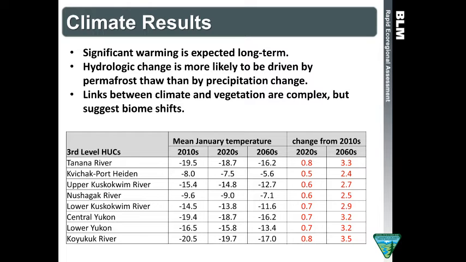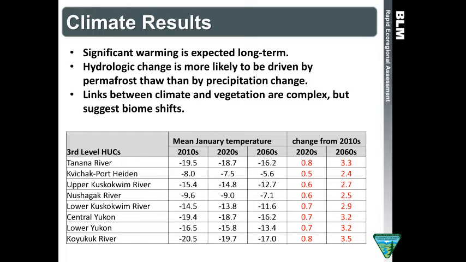In this case, these particular results are broken down not at the level of map pixels, because obviously you couldn't put that in the table, and not at the level of the fifth level HUCs, which are reporting units. All of this data is served out at the finest scale, at 771 meter resolution, and at the fifth level HUCs. But these are third level HUCs, which were convenient for reporting purposes and give you an idea of the regional portions of the REA.